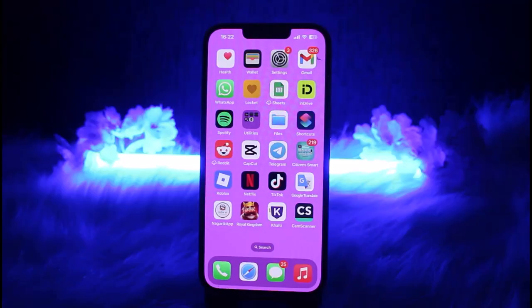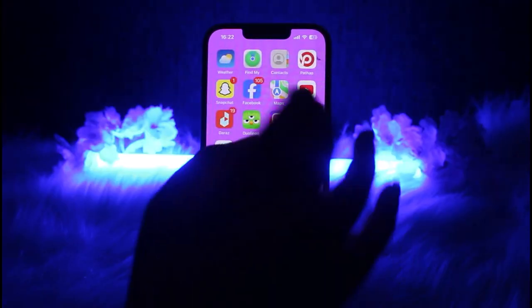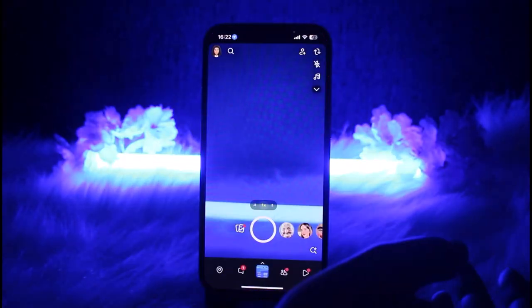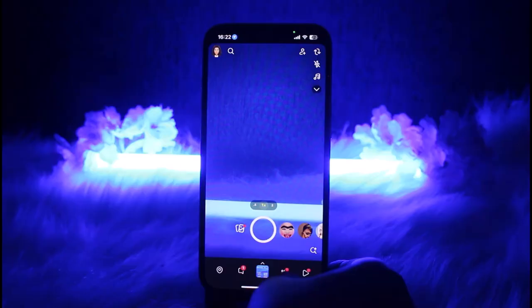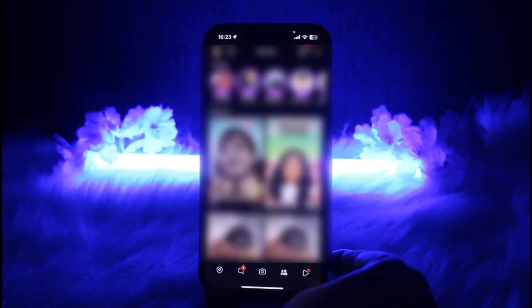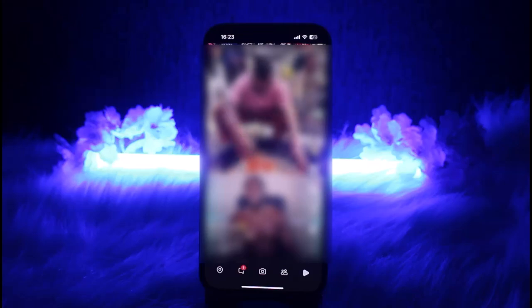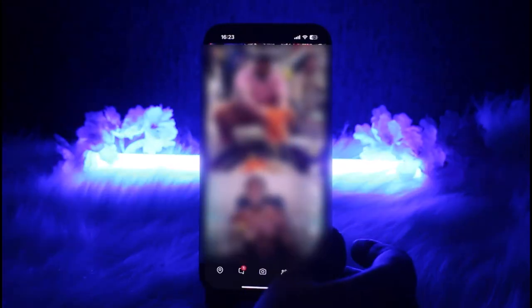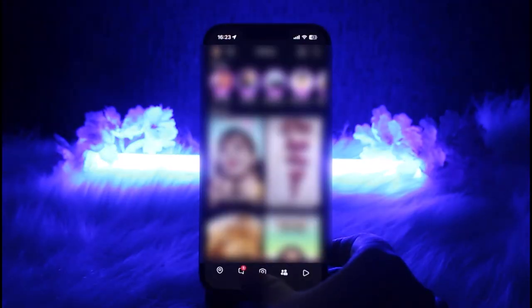Let's start. So for that, simply go ahead, open up your Snapchat app right over here. From this section, go to this two human icon at the bottom and the right side. This is the story section, and when you go to this little video icon, this is the spotlight section. So what you're going to do from over here, you're simply going to go ahead and go to this camera icon,